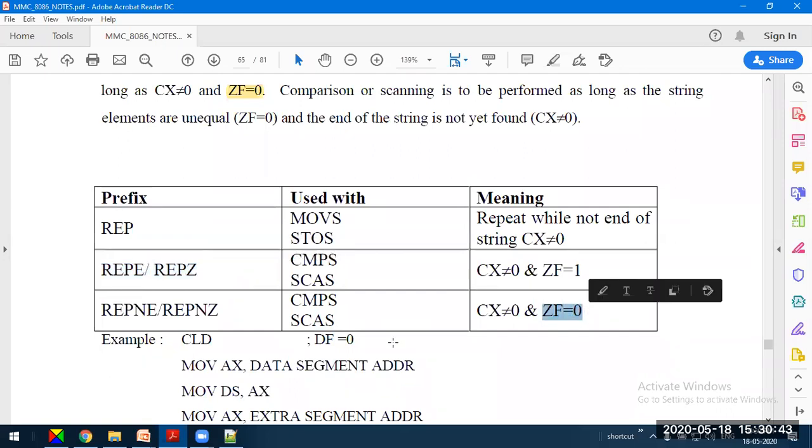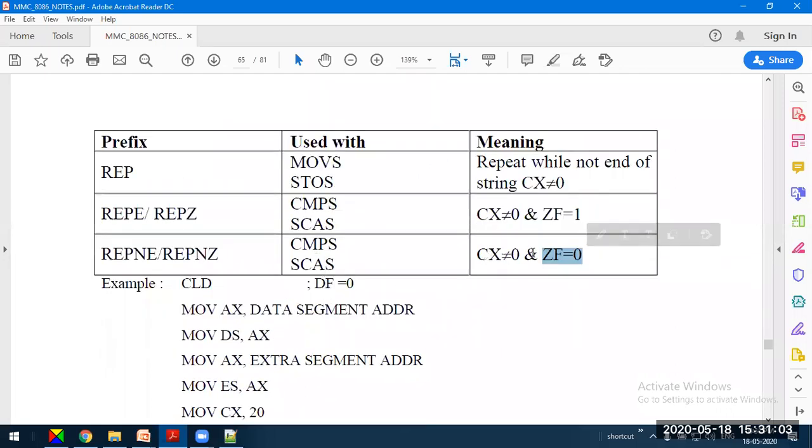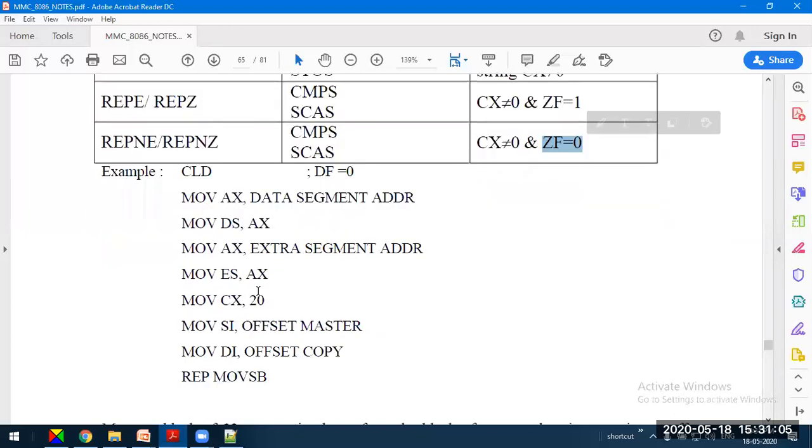That is, this instruction will execute till zero flag is set to 0, because it is doing the comparison operation also. And if both the strings are not equal during comparison operation, then zero flag will be set to 0. So it will check the condition of zero flag.